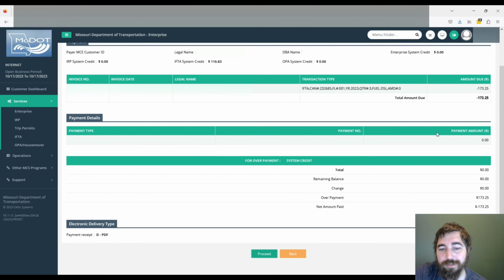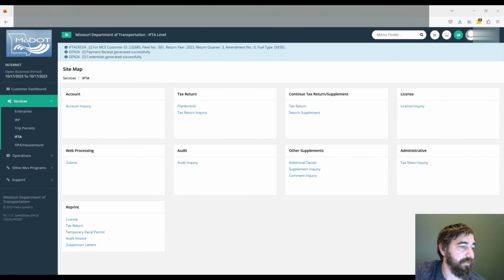Look over this. That's what our credit was prior to. Up here is what our credit was prior to that quarter, prior to the third quarter. This is how much is going to be added. Proceed, and I believe it will show us how much we have in credit now. It doesn't. If I want to, I could go through the system and figure out where it's at. But what it did do, and it went off screen so you couldn't see it,